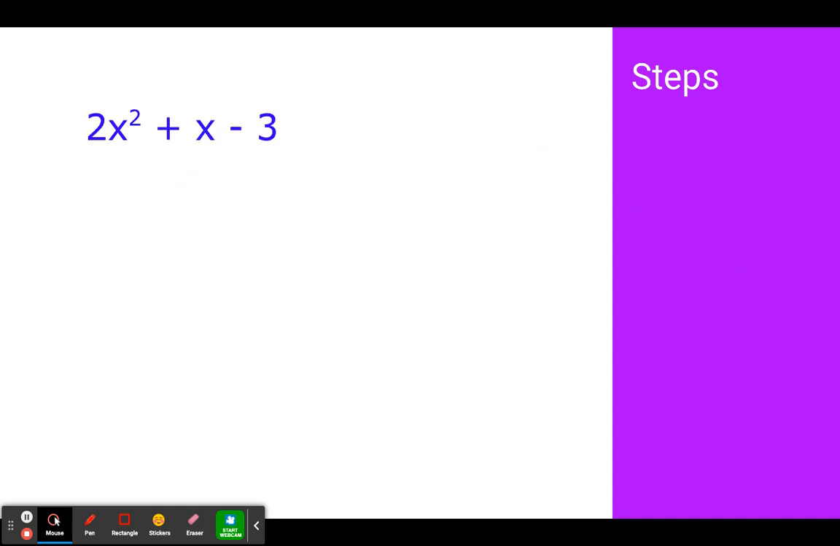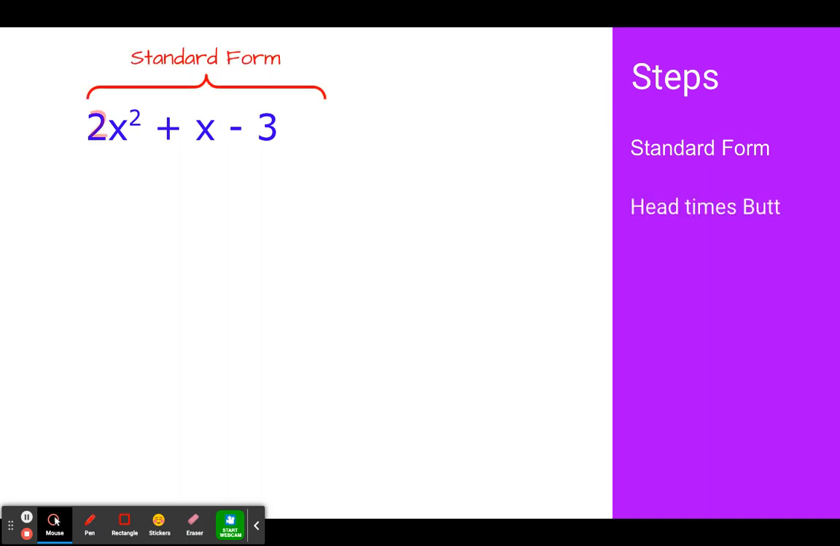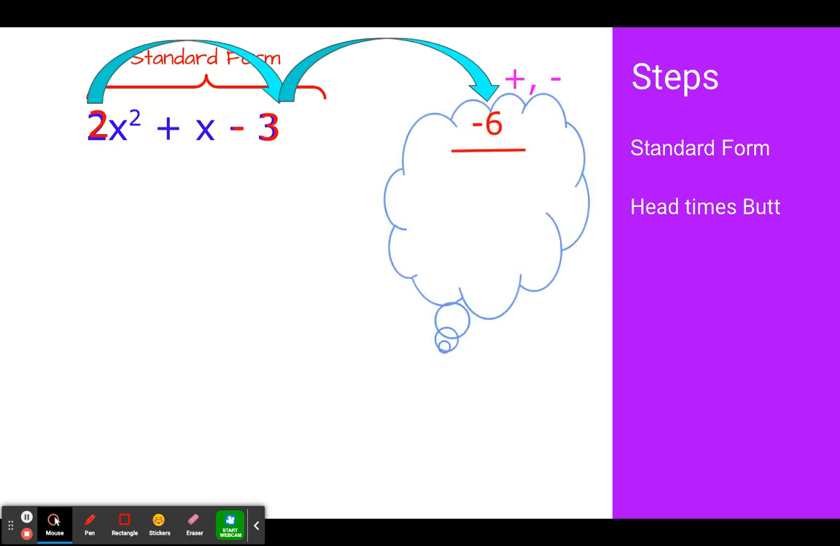Lastly, I have 2x squared plus x minus 3. We have checked that this is in standard form. Head times butt, we have 2 times negative 3. Remember that we are using the negative symbol with it. That is negative 6. We need a plus and a minus. The factors of 6 are 1 and 6 and 2 and 3. I need to get a positive 1 when I add to get the gut, because this is a positive 1x. Well, 6 and 1 can't give me 1 when you add them together, but 3 and 2, if I make a positive 3 and a negative 2, that will give me a negative 6 when you multiply